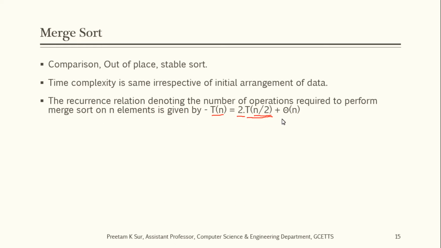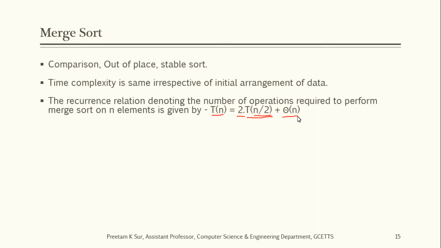Okay. Now, how is this theta of n coming? Once you have divided and conquered, finally you are merging that solution, right? In that merge operation, what you do is scan through the left half and right half, and finally combine those into a single output array. So scanning those two parts and putting them into the output array takes order of n or theta of n time. Okay, so this is the recurrence relation of merge sort, and the explanation behind this relationship.